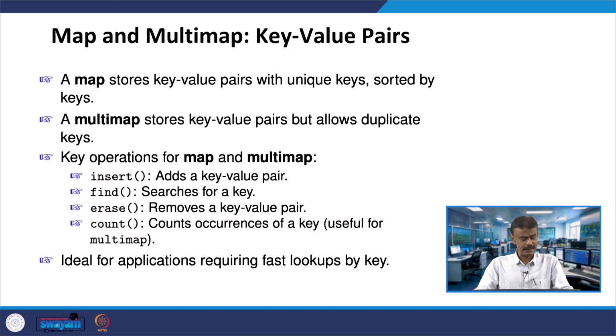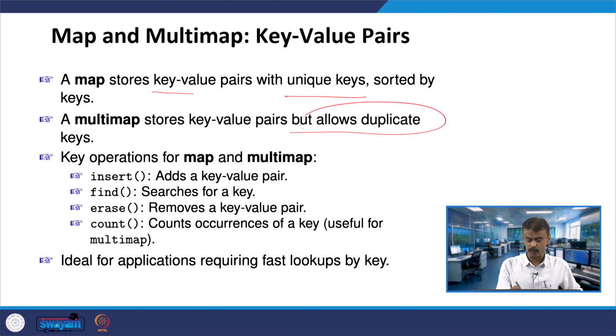The next concept, map and multi-map. Key value pairs. As I said, map will have key value pairs. You will have a pair, maybe the name and age, name is a string and age is an integer, and then you can find the unique key, and the unique keys are in sorted fashion. Another thing, multi-map, is also a map, but it is allowing duplicates, exactly how we define set and multi-set. So, multi-map is also allowing duplicates like a multi-set. It is a key value pair.